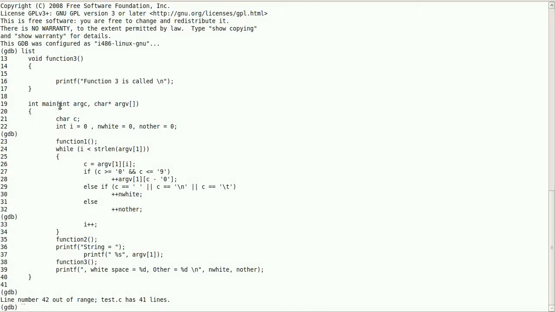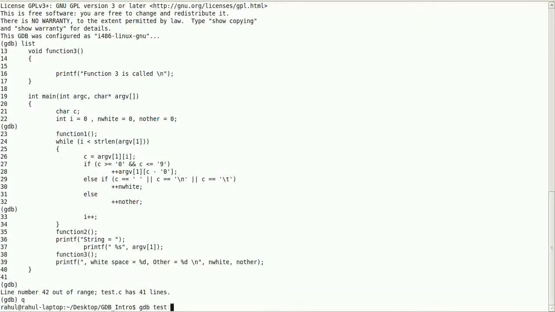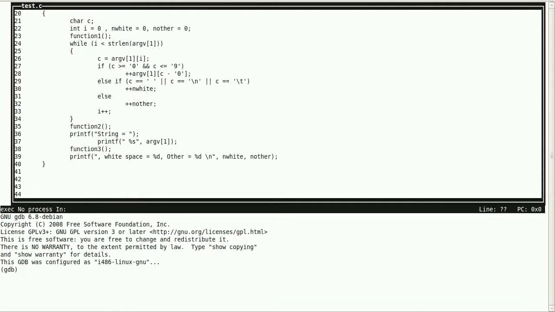For that, there is one array of pointers, basically a pointer array you can say. It will receive a string from the user, and it will calculate the number of white spaces, meaning the number of spaces, and the number of characters. Fine. And before that, I want to tell you one more thing. If you want to use the terminal user interface, you just have to put --tui. So you can see the code here also when you do step, we will see it later. Now let's start the debugging.